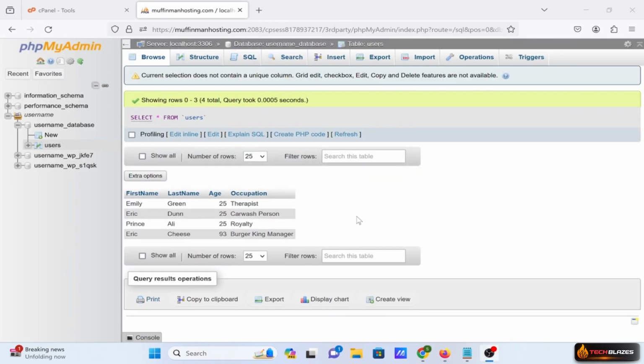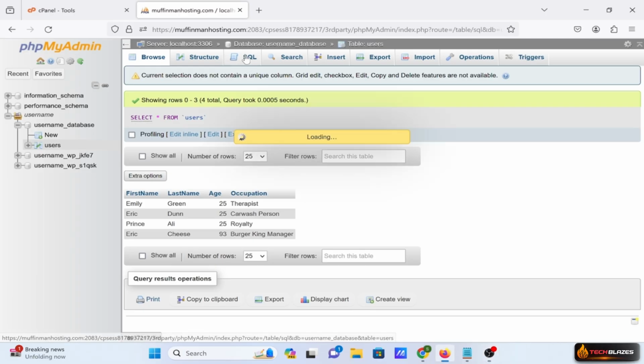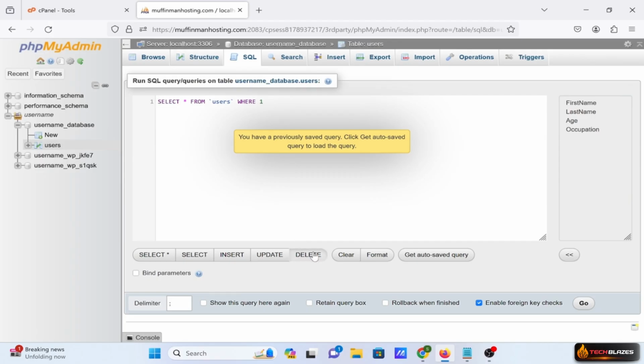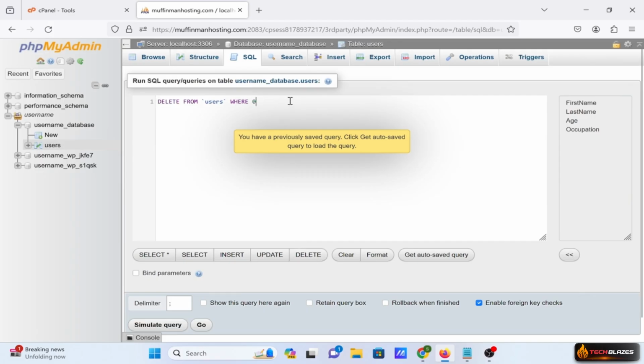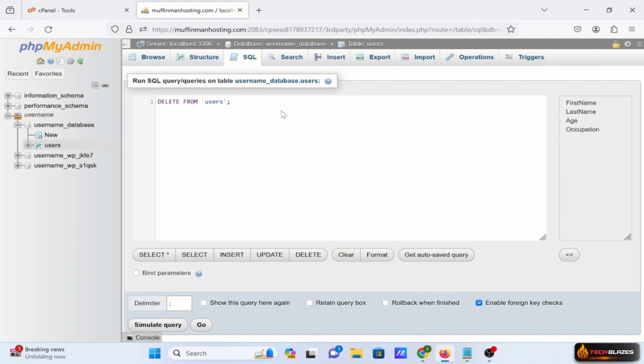And in today's video, we're going to be talking about how to delete items from your MySQL database in cPanel. So first thing you'll want to do is head over to the SQL button and click on the delete. Important thing to mention here is if you say delete from users, this will delete your entire table. So do not do this. Instead, you need to add a where clause to be very specific on the rows you want